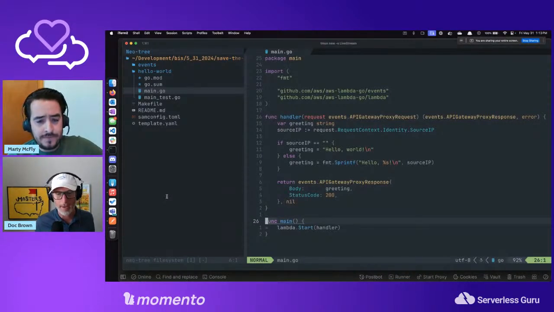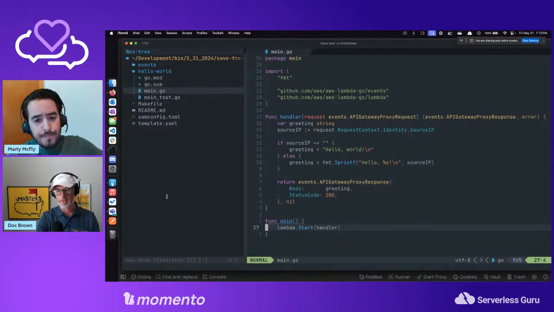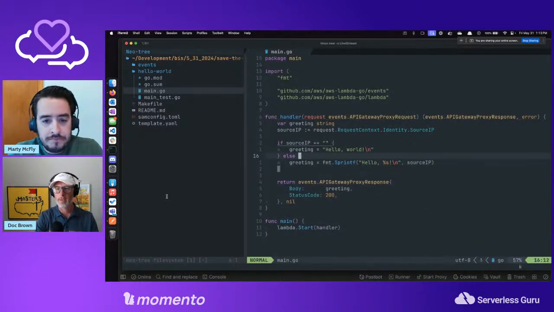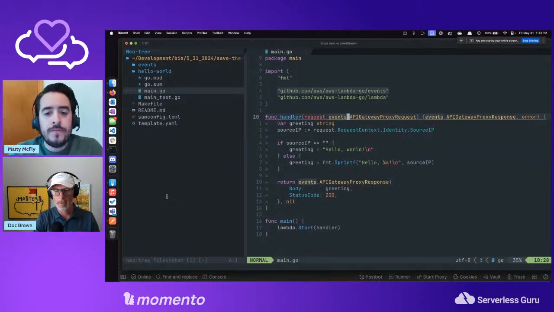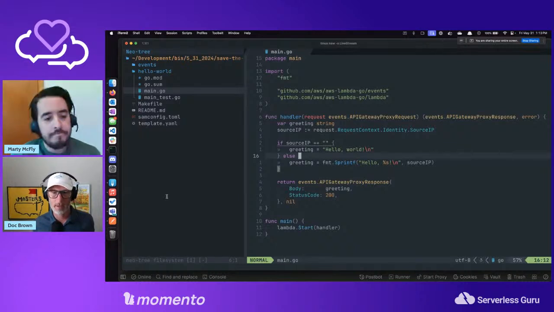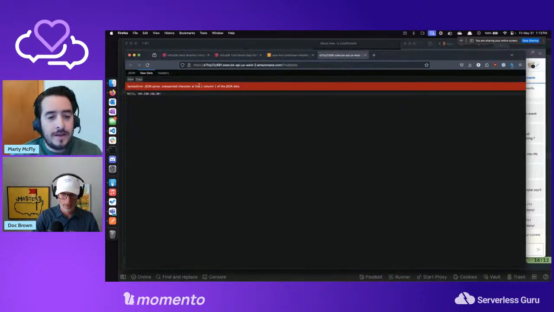This is our main event handler, which basically calls Lambda start, and Lambda start is going to call this handler right up here. Based on the API Gateway proxy request event, it's going to spit out some information. So let's use this to maybe create some events and see what it's going to take to get logged into our Influx console, and I don't know what that looks like.